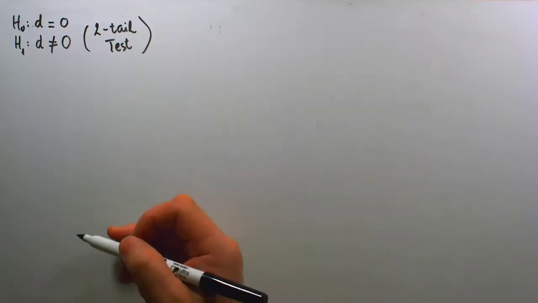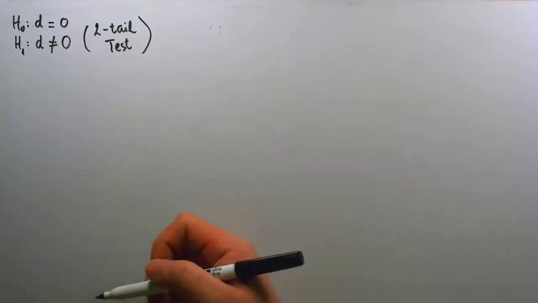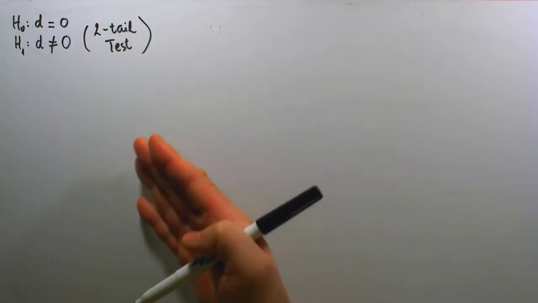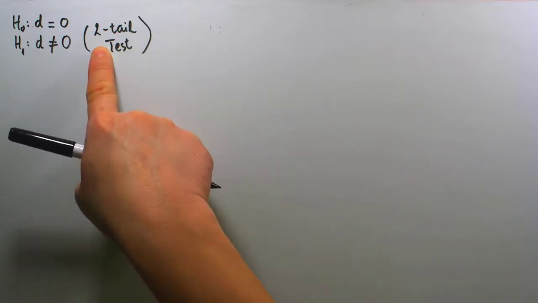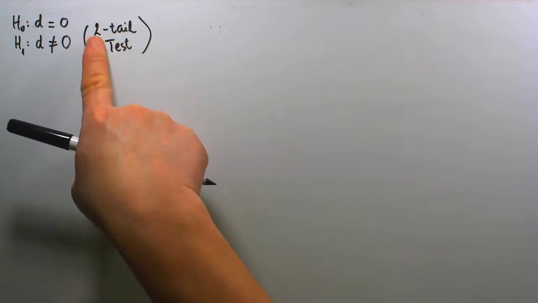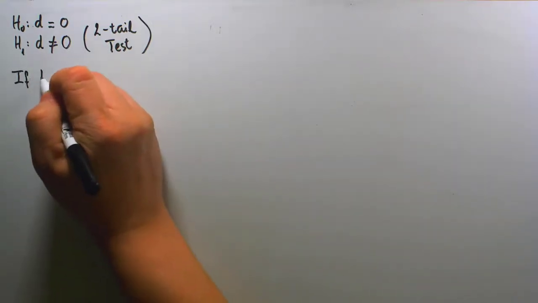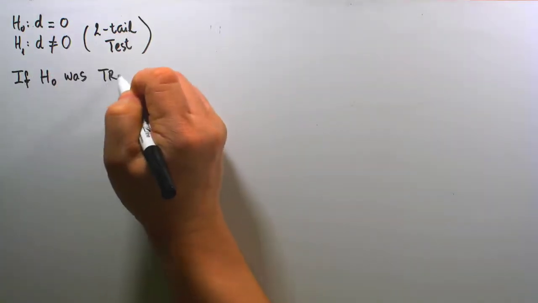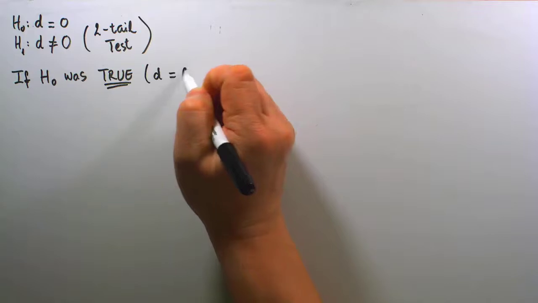For this part of the example, I am going to pick up the pace a little bit, because as we progress through the problem, anyone viewing the video will notice that over 90% of the structure of the problem will remain exactly the same. The only difference between now and what we did in part A is we switched from a right tail to now a two-tail test. And so again, I'm starting out with saying if H sub 0 was accepted in the beginning, formally speaking, if H sub 0 was true, saying that D equals 0,